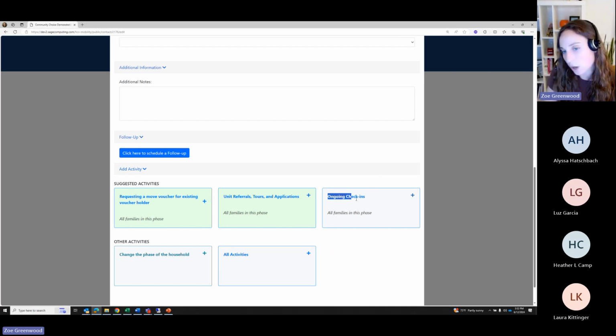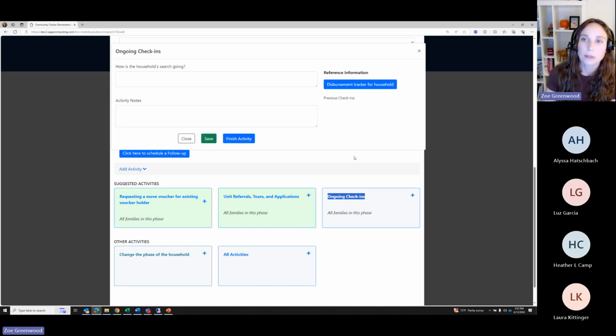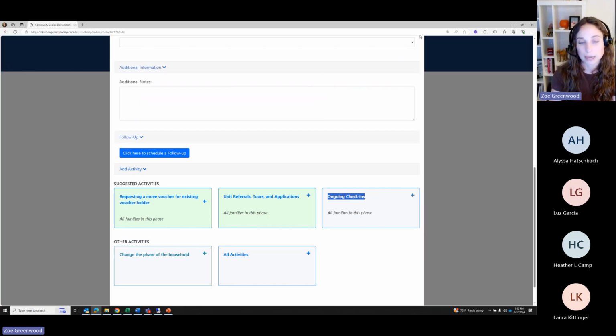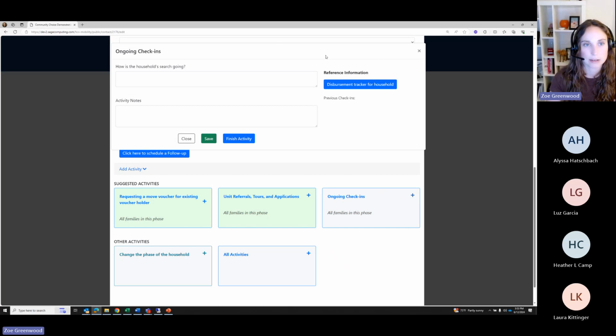Just want to flag there is this ongoing check-in activity. Like I said, a lot of times phase four is a really long phase. And so that ongoing check-in activity is just something you can use while the household is in their searching process. Just ad hoc check-ins. You can always open up this activity form and put in any notes here, and then save it, finish it, and this will give you a blank form every time. So if I put in household happy, application accepted,